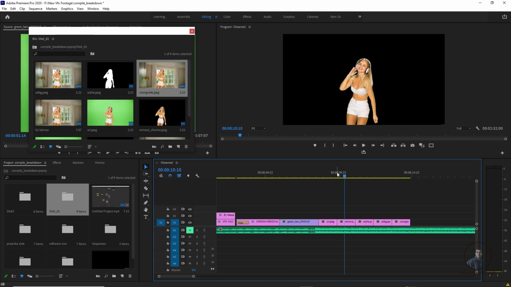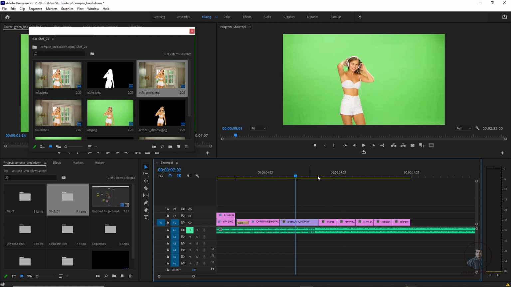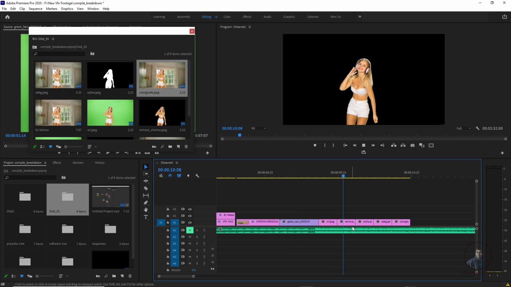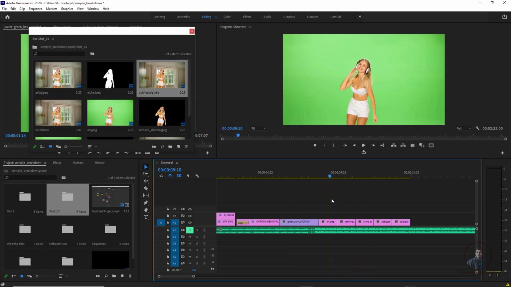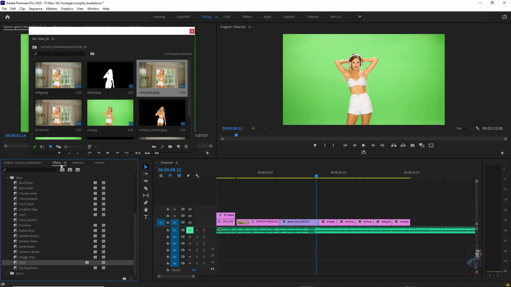Now you can see here. Okay, so these are our actual breakdown timings. Then after this we have to apply our transitions, because we have to wipe all these images. So simply for this again we can apply transitions. Inside the effect category, wipe, we simply apply it here. Now you can see.